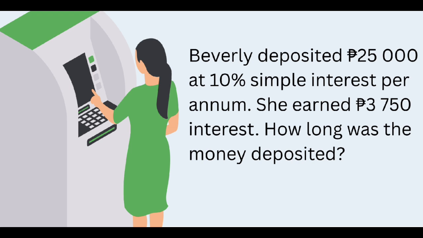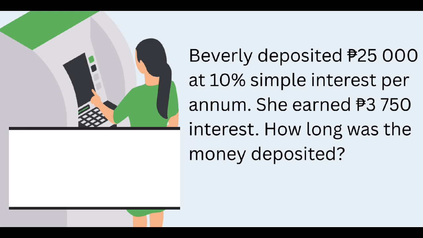So last given situation on the simple interest section. Beverly deposited 25,000 pesos at 10% simple interest per annum. She earned 3,750 pesos interest. How long was the money deposited? So in this given situation, we are looking for the time. So we will use the formula T is equals to I divided by P times R,